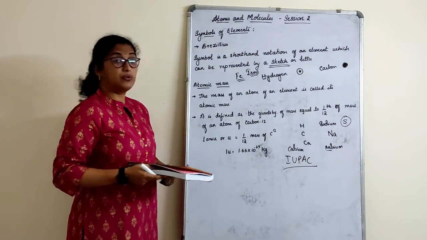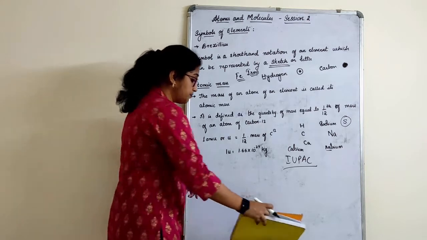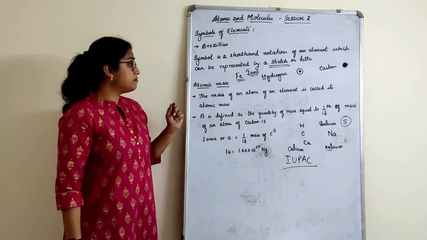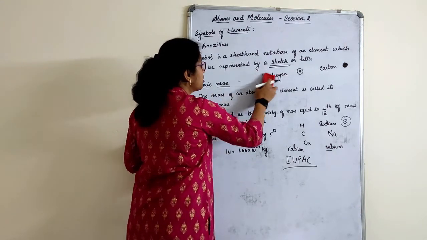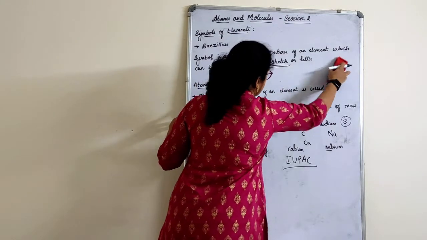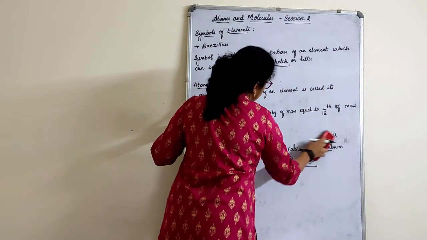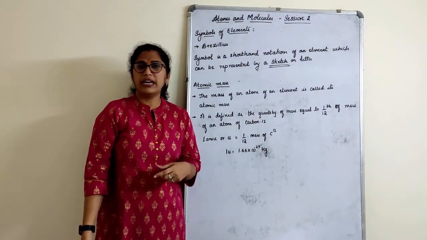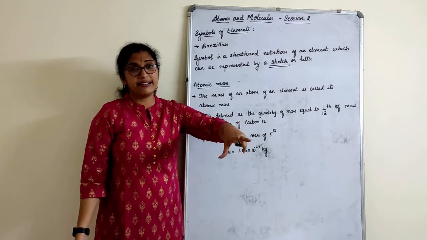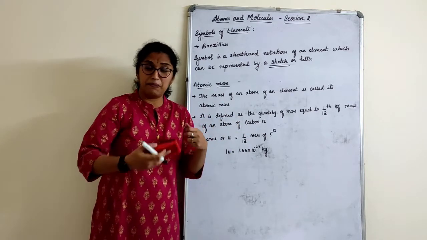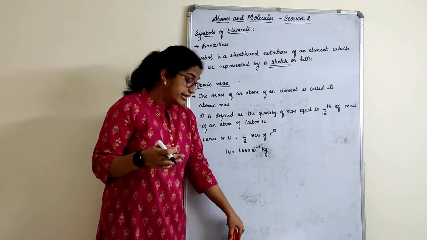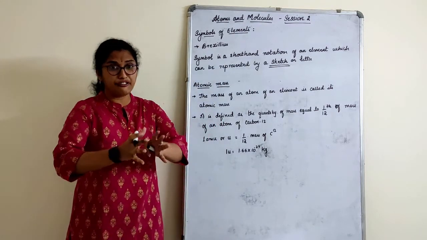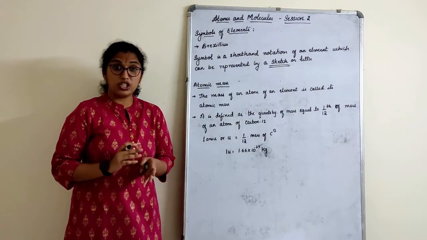The next concept we study here is atomic mass. Now we understood about an atom, right? Now what is this atomic mass? The mass of an atom of an element is called atomic mass. For example, I go to the market to bring vegetables. So how do I bring them? I go to the market to bring bananas. Of course I get bananas in kgs, or in terms of dozens. I get apples in kgs. Do I tell the shopkeeper, give me 5 milligrams of bananas? No, right? We say half a kg, a quarter kg, a kg.